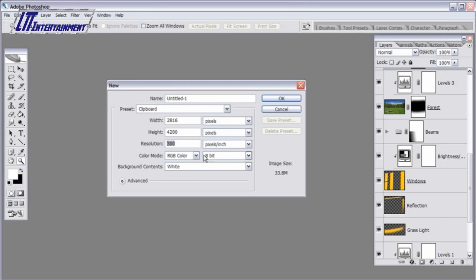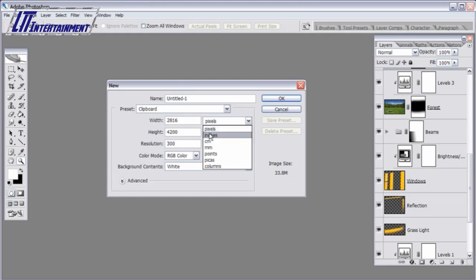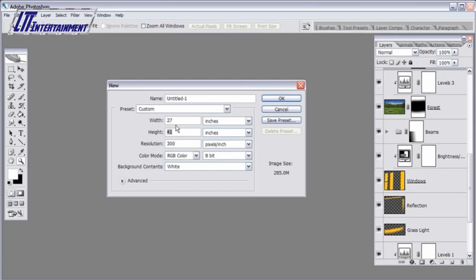Now, for those of you that would like to create a standard movie poster size, so it's a real movie poster size, which they normally call a one sheet, then the dimensions for that would be 27 by 41. So most of the movie posters that we see all over the place are usually created at this size. And so if you're looking to go the full real scale of the movie poster, then go ahead and enter that number in, 2741. But you know, for this tutorial, I don't want to quite go that large,